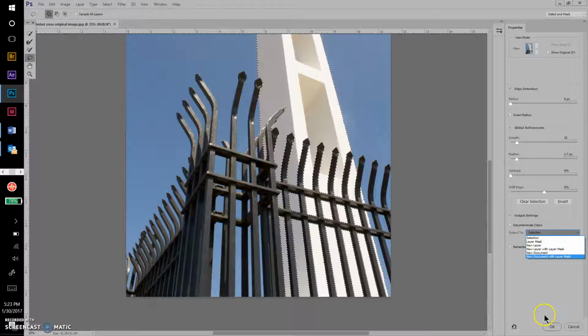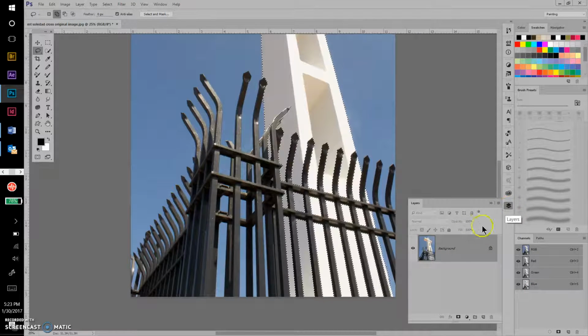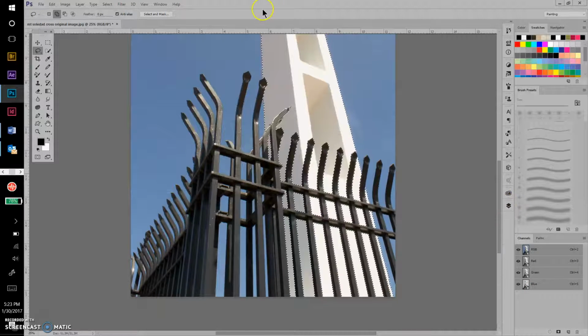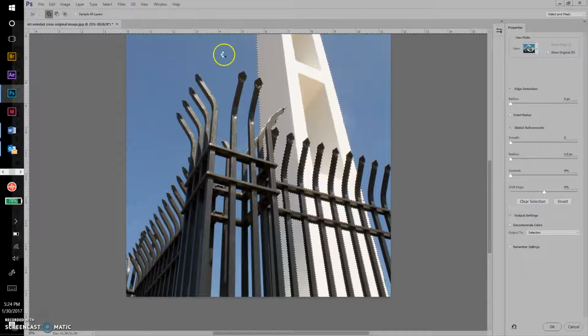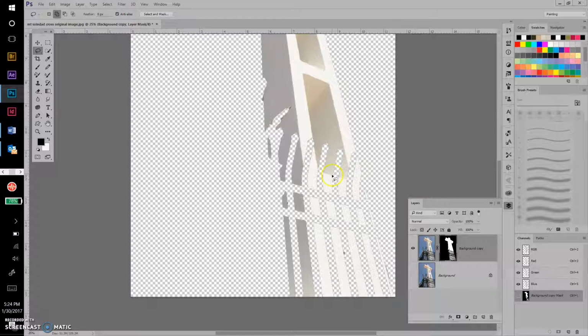Click OK. And let's try that again. A little bit of smoothing. Slight feather. And new layer with layer mask. And we'll click OK there. Let's see if that works. Yes. Okay, so